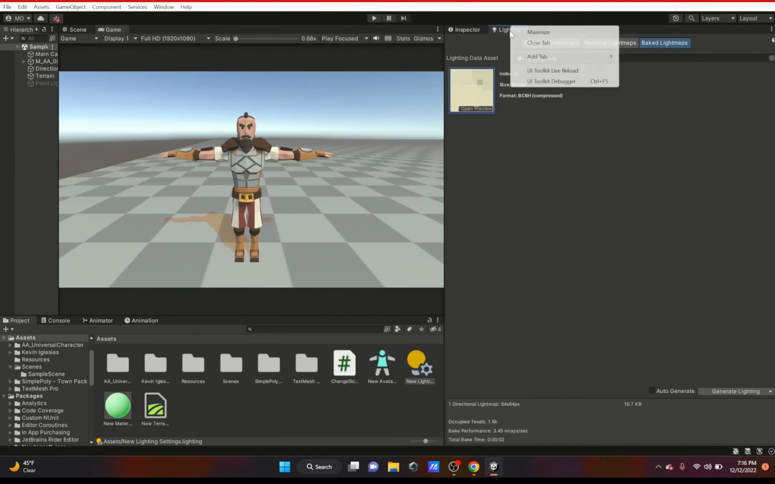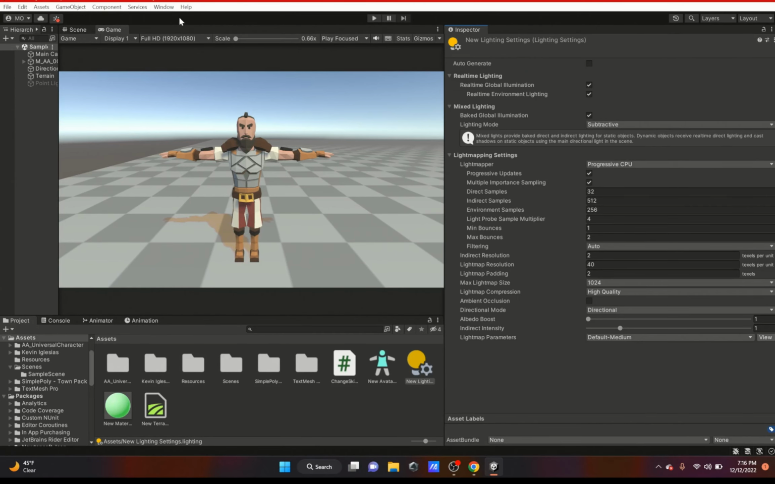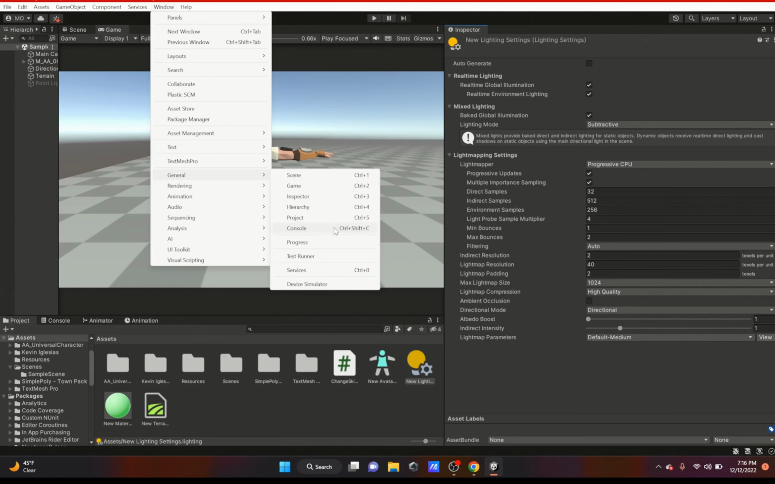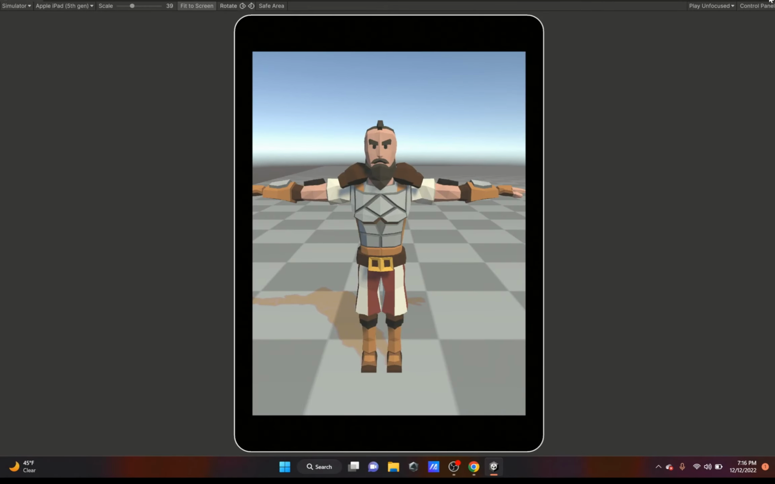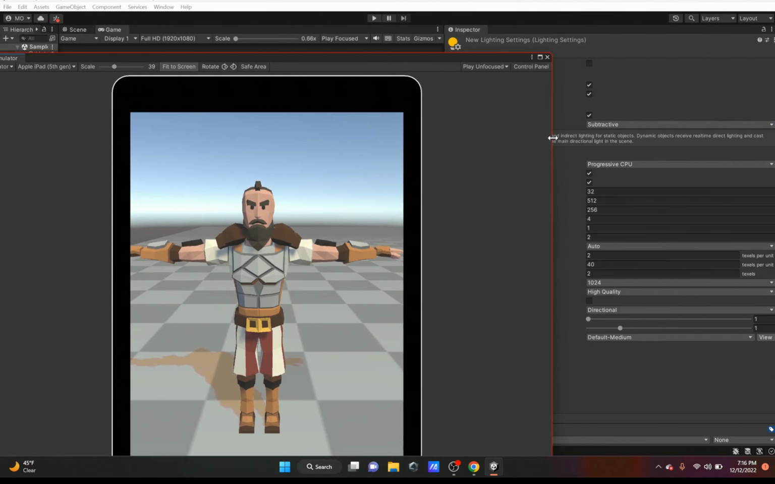Hi everybody, welcome back. In this video, we're going to be talking about the general section, more specifically the device simulator and most likely the services. Let's just get started. So in device simulator, it will usually open up this tab and it will usually be